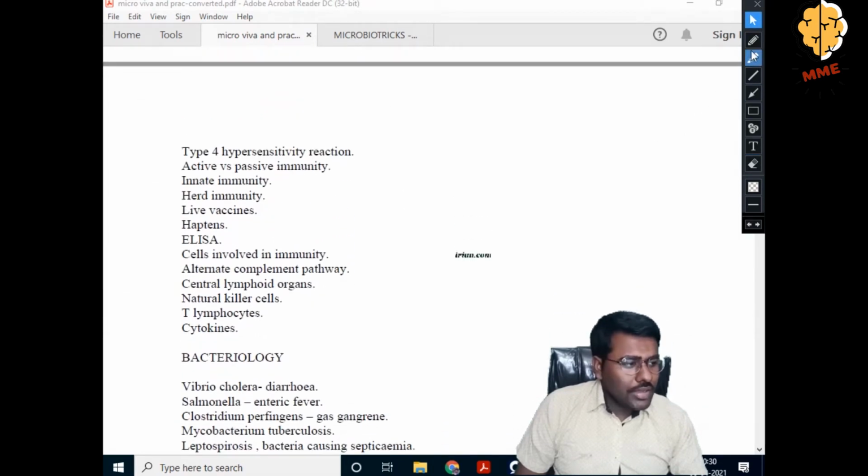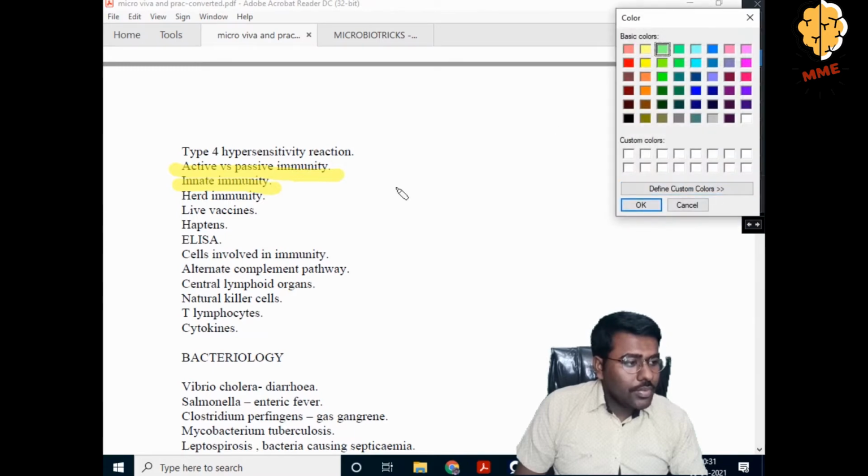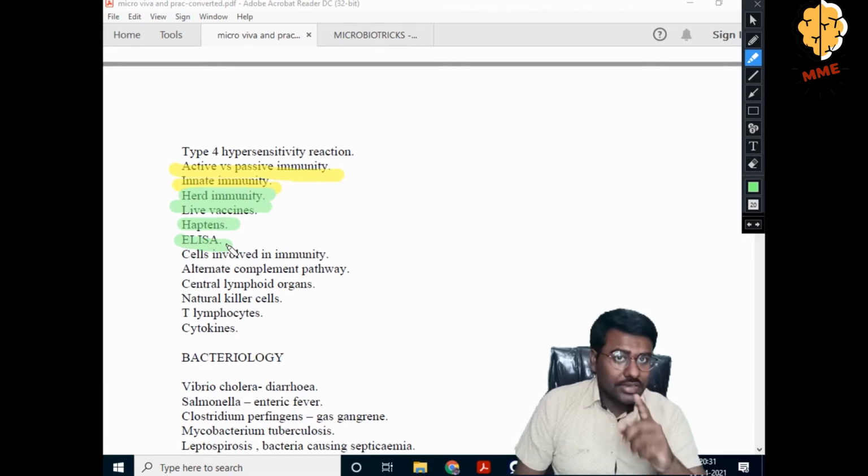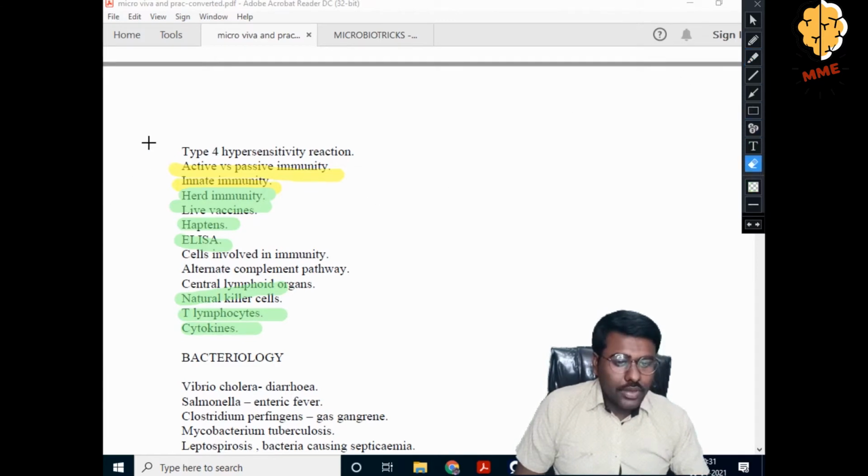Okay, now coming to the other important immunology questions like active and passive immunity, and innate immunity. And this year the most important question is about herd immunity, because this is very important. Live vaccine is very important, haptens are very important, ELISA is very important this year. Nasopharyngeal swab collection is very important for your exams. Okay, and NK cells, T lymphocytes, cytokines, they are the very important questions which I am marking in green. Okay, so this is about the